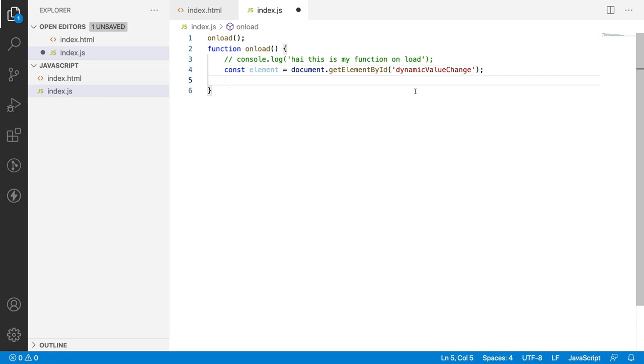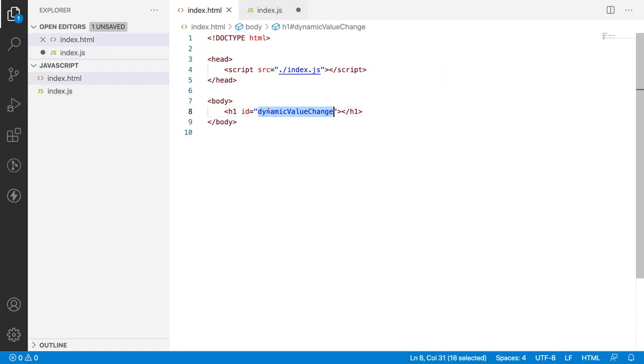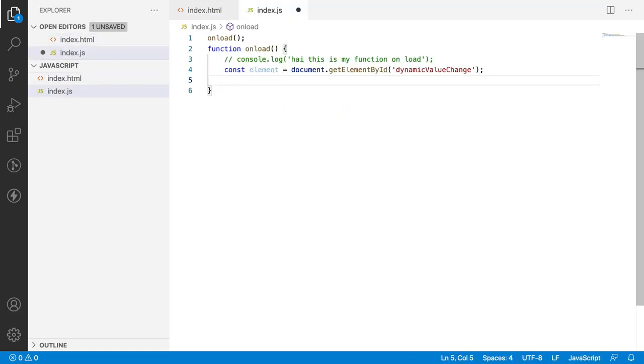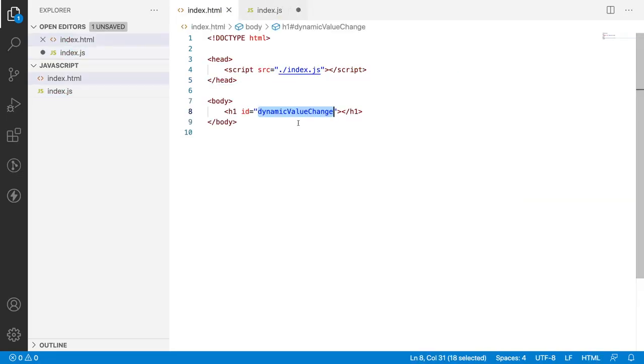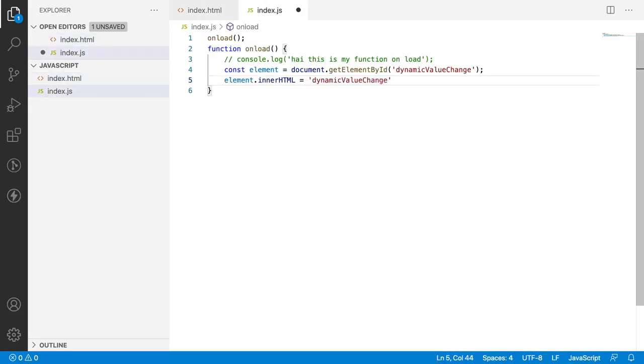Now I'm able to access my element, and I want to change the value inside this element. So I can use element.innerHTML, which is the value between the h1 tag's opening and closing tags. Assign a value like "Hi, this is my async and defer keyword tutorial."